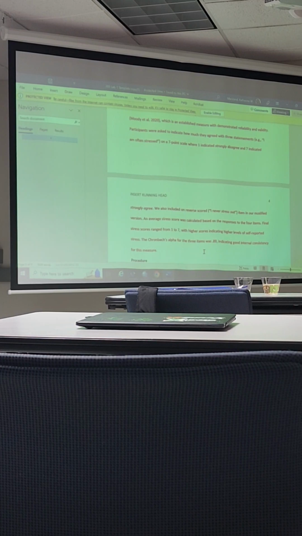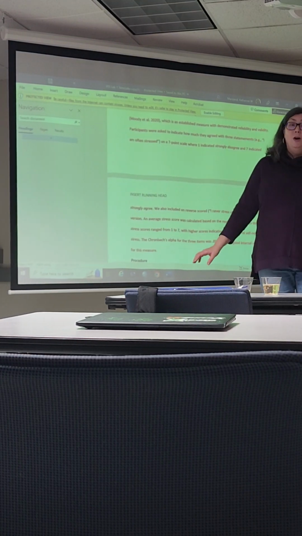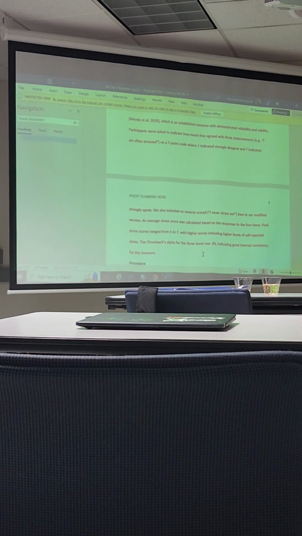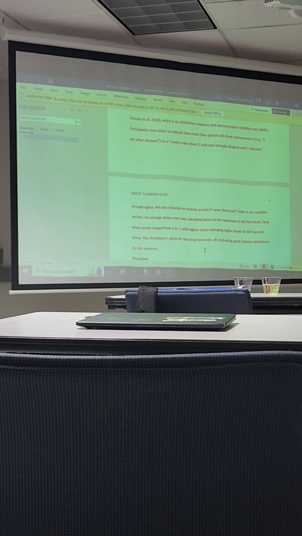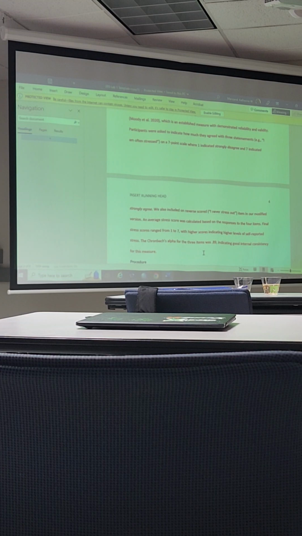Can you say that one more time? Do we just need the number? Just say what the number is. And then you're going to tag it by saying this one indicates good internal consistency, because it's above 0.8. But because we got 0.797 for the positive affect, it's not good internal consistency, it's